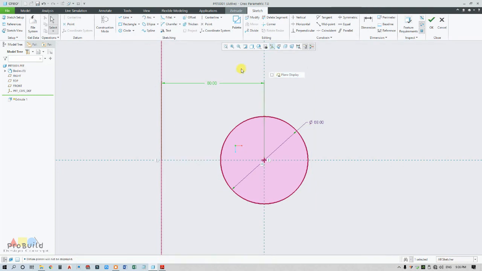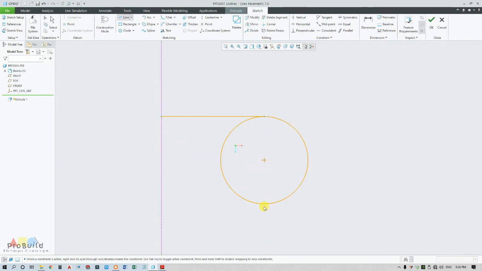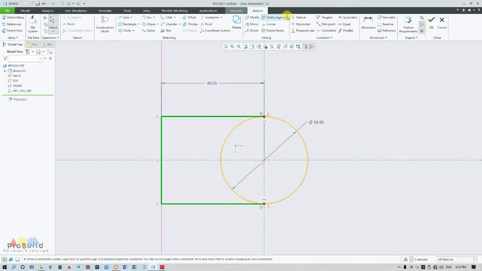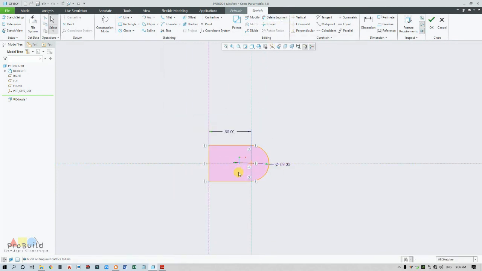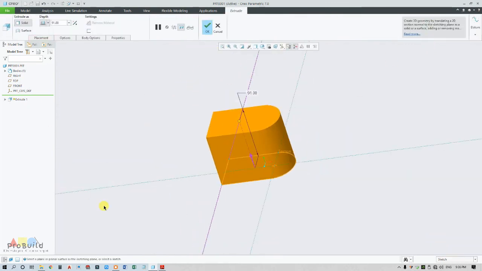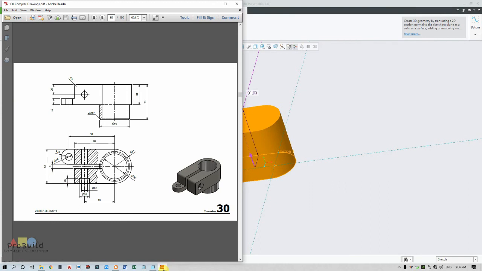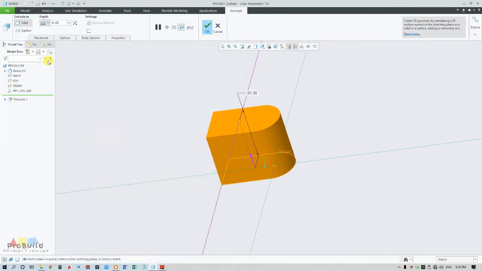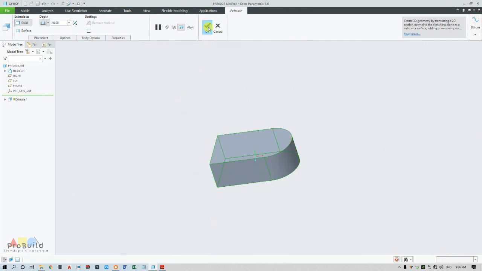Switch off the plane. Now I'm going to draw a line. Delete the segment. Now I'm going to extrude it for 40.